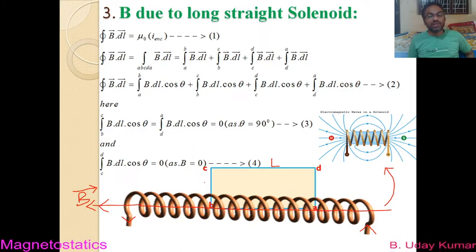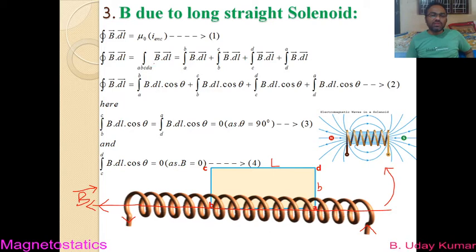I cannot take capital B here because there is already one more B which shows that capital B is magnetic field induction, and hence I can take this as some small b, or else you can take any notation that you want. Choice is yours. You can take small l also here. Anyway, let the length and breadth of the rectangle here be capital L and small b.